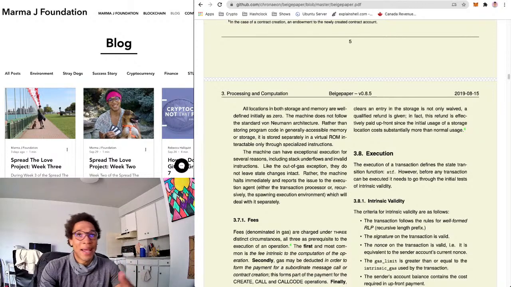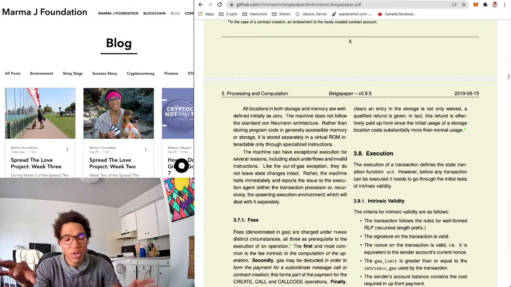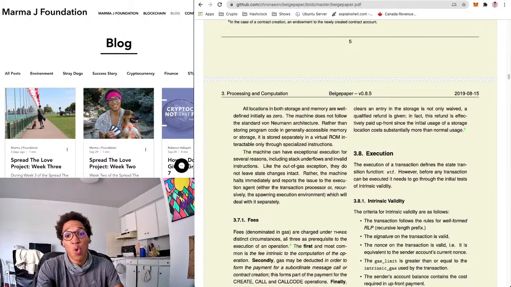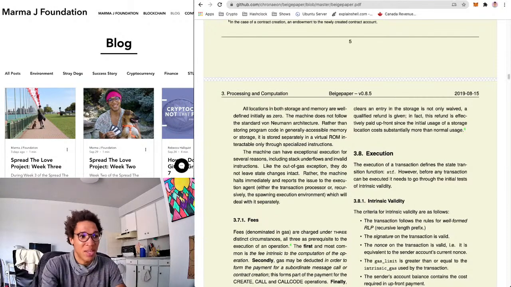So this is where, I guess the best way to explain this is like flash loans, where you can borrow any amount of money on Ethereum and all these protocols in DeFi, but only if you pay back the loan in the same transaction. So this is kind of explaining that you could work through all this logic and all these state changes in Ethereum, but unless it's valid, it'll just revert everything to where it was. So if you expect something to happen, it'll go through it up until you get to an exceptional execution. Like something like out of gas, or something like, oh wait, you didn't pay back this loan in one transaction.